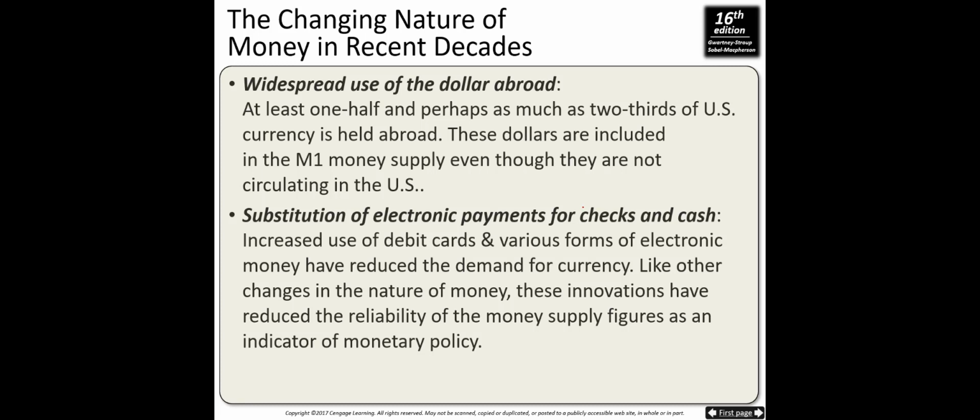One of the changes is the widespread use of the dollar abroad. At least one half and perhaps as much as 2/3 of US currency is held abroad. These dollars are included in the M1 money supply even though they are not circulating in the US. Second, people substitute electronic payments for checks and cash. Increased use of debit cards and various forms of electronic money have reduced the demand for currency. Like other changes in the nature of money, these innovations have reduced the reliability of money supply figures as an